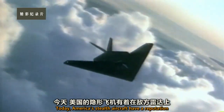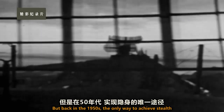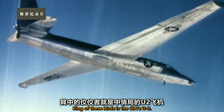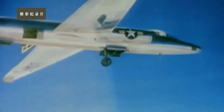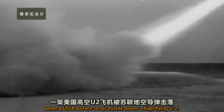Today, America's stealth aircraft have a reputation for near invisibility to enemy radar. But back in the late 50s, the only way to achieve stealth is flying at extreme altitude. King of these birds is the CIA's U-2. But on May 1st, 1960, America's top-secret spying mission over the Soviet Union is blown when a USSR surface-to-air missile